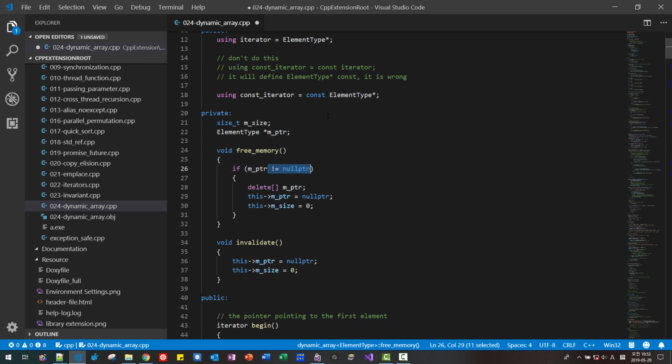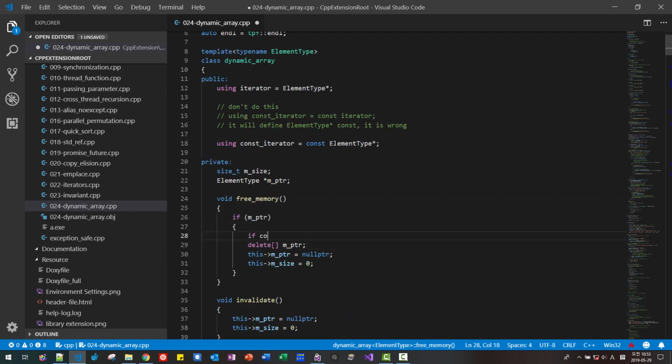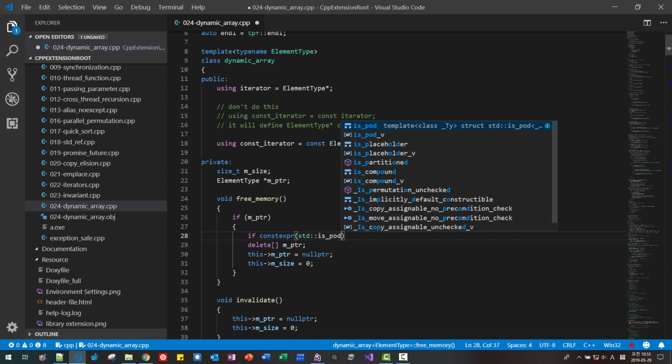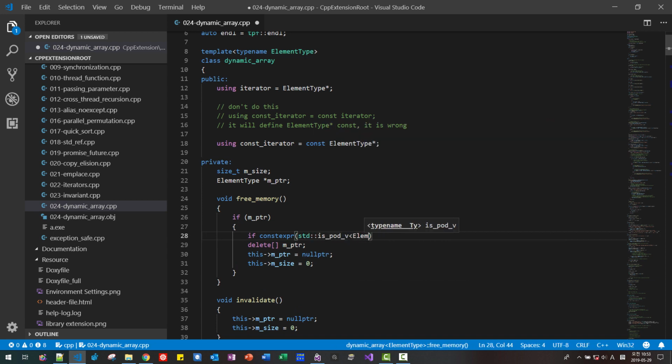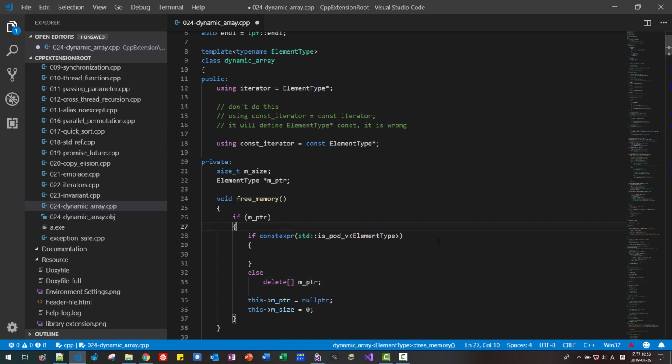Also, instead of doing this, I can simply put like this. And here, I will take another approach: if constexpr std::is_pod_v of element type, else I will modify our code like this. Okay, element type is POD, then we will use